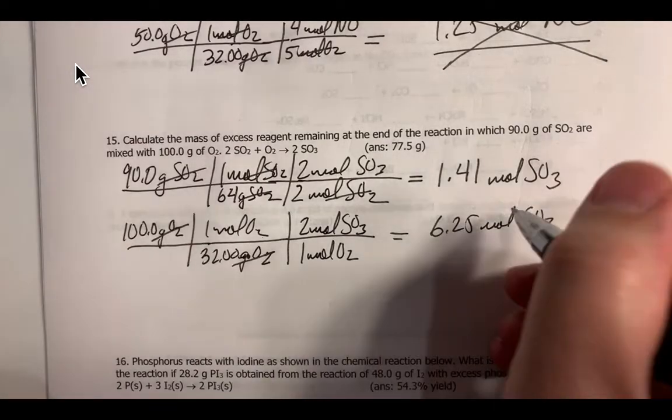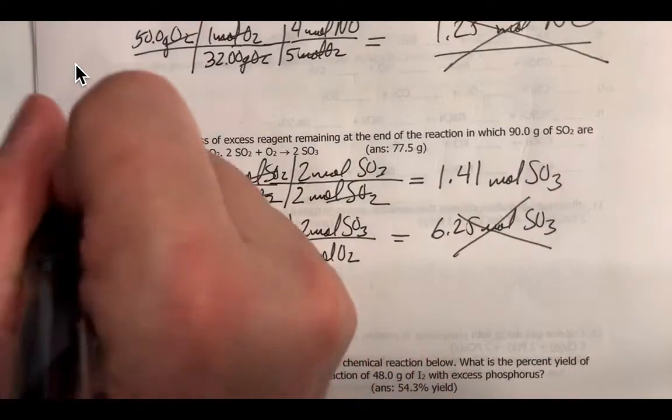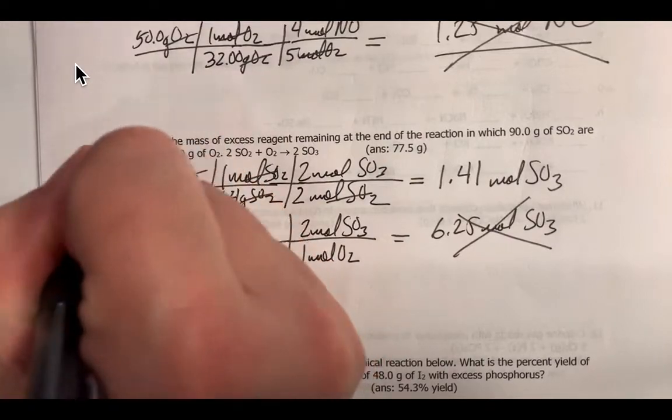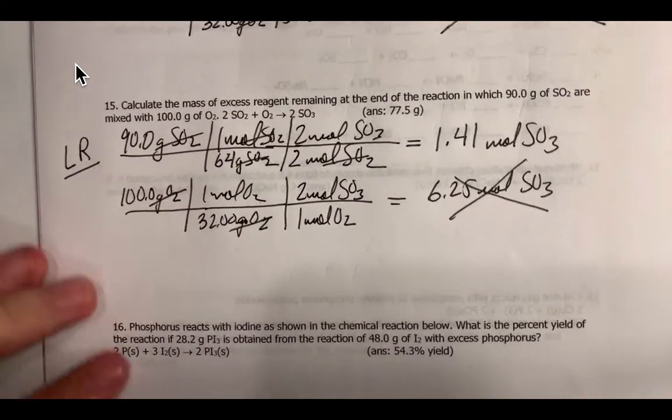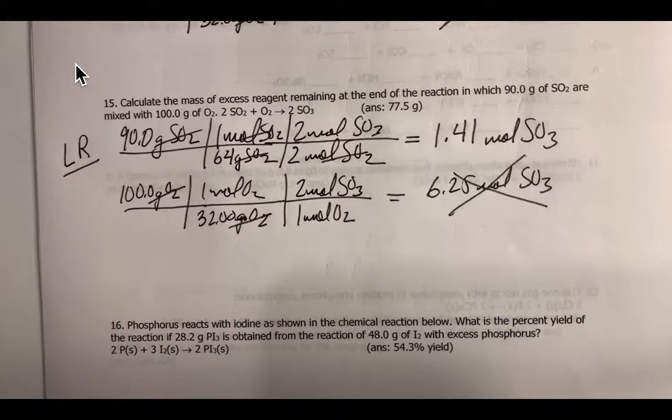Okay, so we now know with certainty that the limiting reagent and limiting reactant is the SO2. So what we have to do now is figure out how much O2 will be used to use up